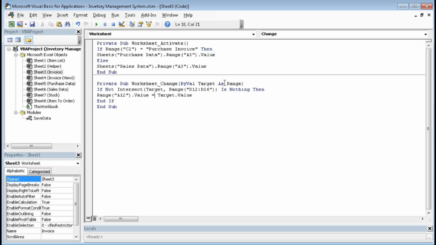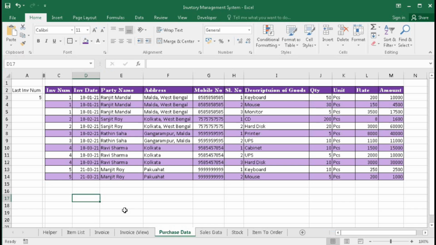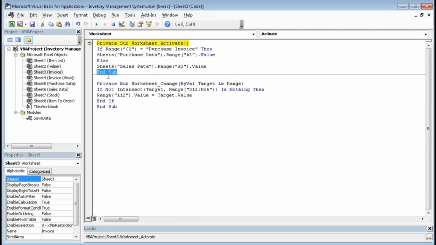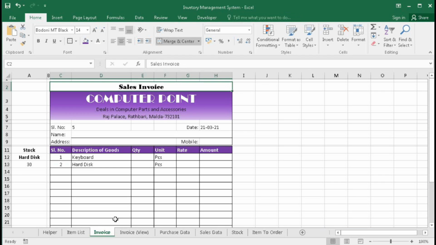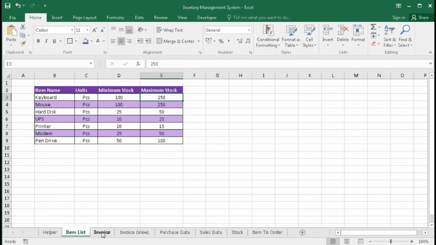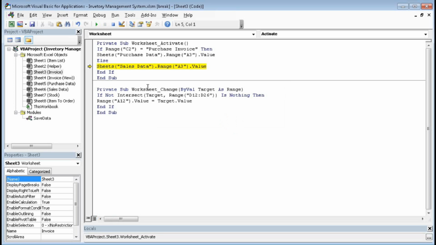So let's check. For invoice, you should do this, and if, okay, go to the invoice, and if I delete this one and come back here, here is a problem. Sheet sales data range A3 dot value. So here is purchase invoice. So okay, here is the thing. So here it should be